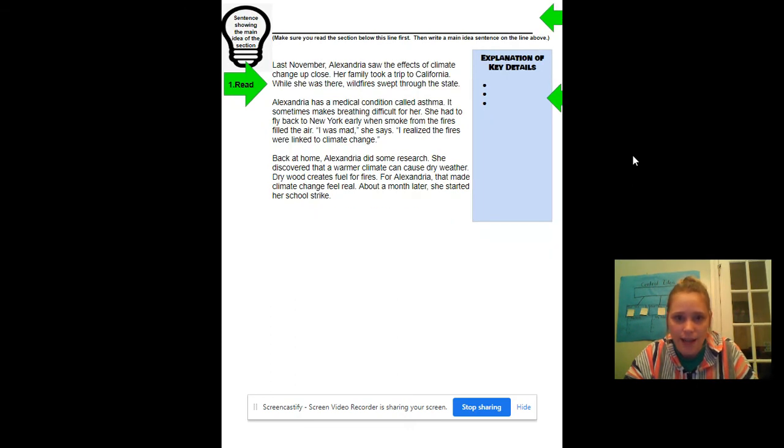The next slide, same thing. Notice there are 3 bullet points for 3 paraphrased key details and 1 main idea section. Don't forget the main idea sentence, okay? It's super important when you do it. All right, these green arrows here, you can't see them fully in this mode, but when you're doing it yourself, they'll be there to remind you that 1, you read, 2, you paraphrase, 3, you write your main idea.